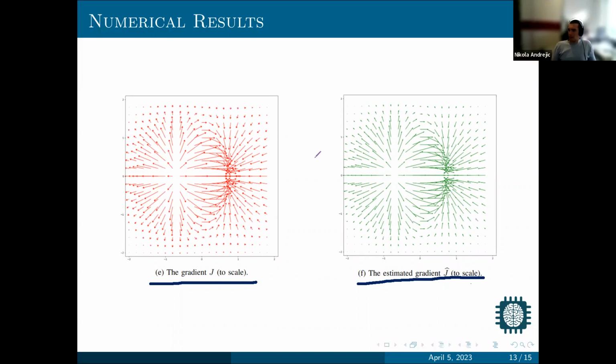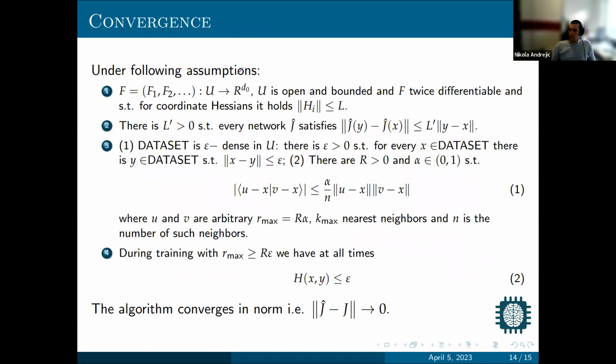And now convergence. So they give a proof of convergence of the algorithm under some, what they say are, reasonable assumptions for f. In my opinion, these assumptions may in some cases be too strong, but probably they wanted to find a minimum set of assumptions so that they can prove the convergence. And the assumptions are that f is defined on an open and bounded subset of R^n, the inputs,